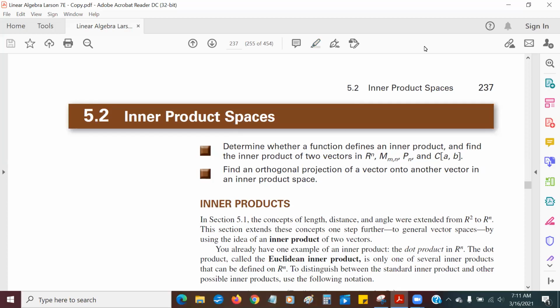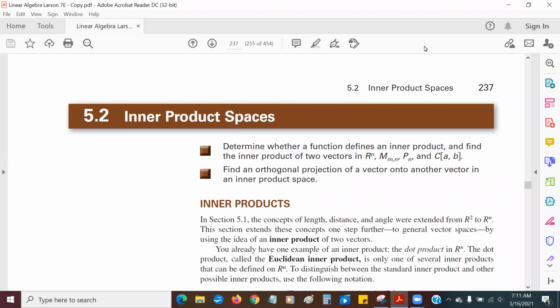We're continuing now in chapter 5. We're getting to 5.2, and that's about a new concept called inner product spaces. Now again, even though it's a new concept, it's going to be kind of built on our old concepts, which is really a big part of the beauty of linear algebra. So the new concept we're learning is called inner product spaces, and inner product spaces,